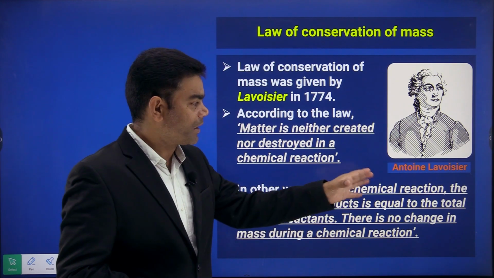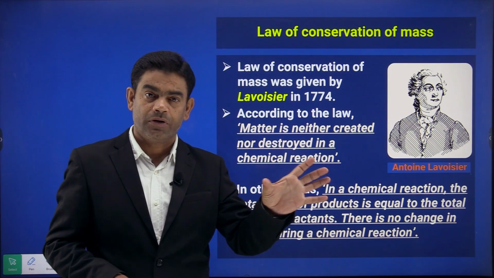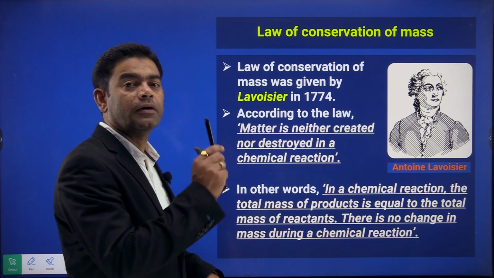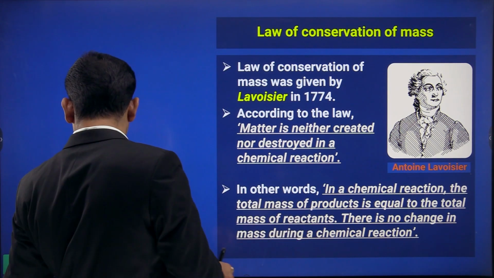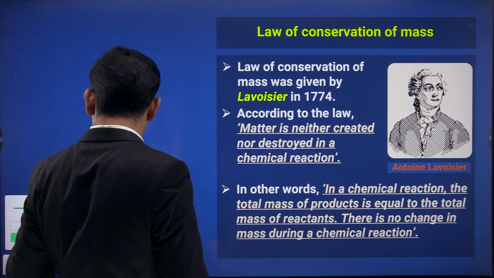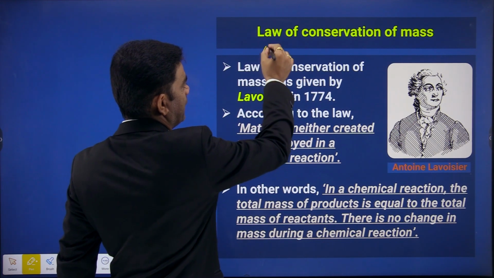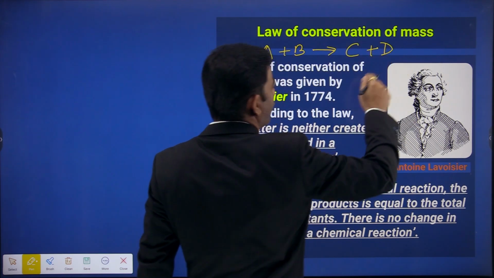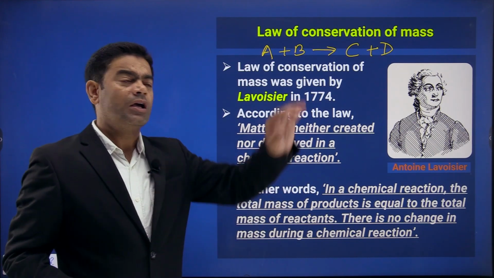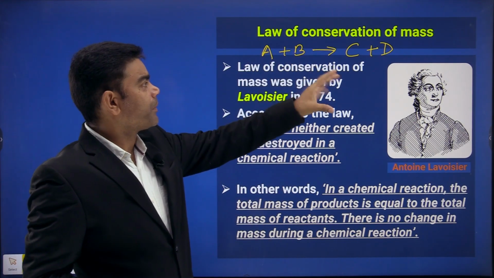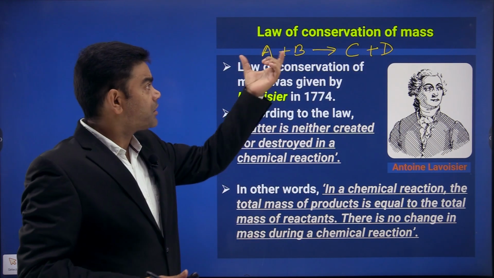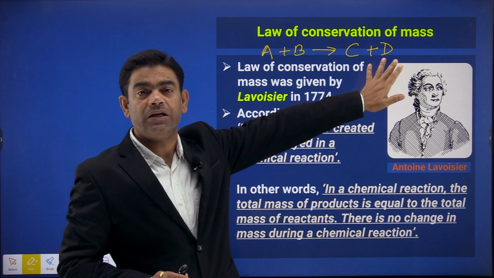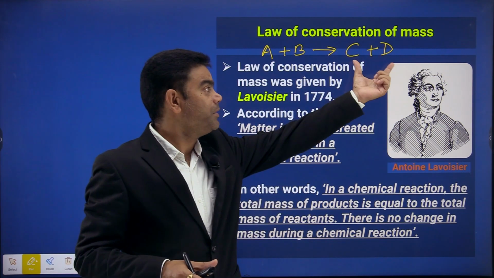In other words, I can say in a chemical reaction, whenever a reaction takes place, the total mass of the product is equal to the total mass of the reactant. जो भी react करेंगे, for example, in short, if you have a chemical A, and I am combining it with B, then I will get C plus D, or only C. A के साथ B को रिएक्ट किया तो क्या बना हमारे पास, C and D. तो what does this law say कि जितना मास स्टार्टिंग में था हमारे पास A और B का मिला के, the same mass will be available by combining C and D. C और D का मास भी जब आप कंबाइन कर दोगे तो उसका मास भी इसके बराबर ही होगा.